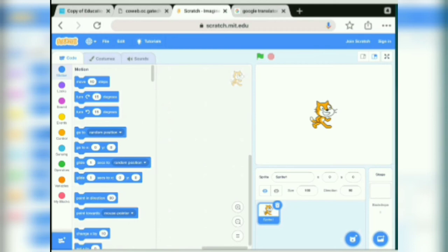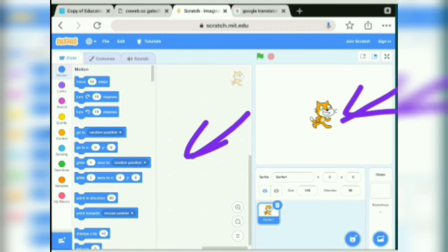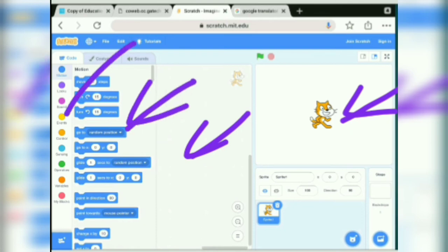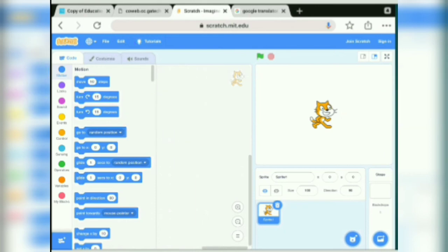You have already learned about how we can open Scratch and the components of the Scratch window. Okay, so you can see that this is sprite, this is script area, this is block palettes, and you can see the block categories here. When you click on a particular block, all blocks related to that category will display here. So when you click on create, this Scratch window will open.